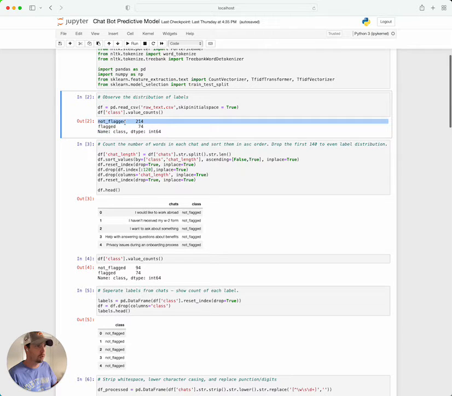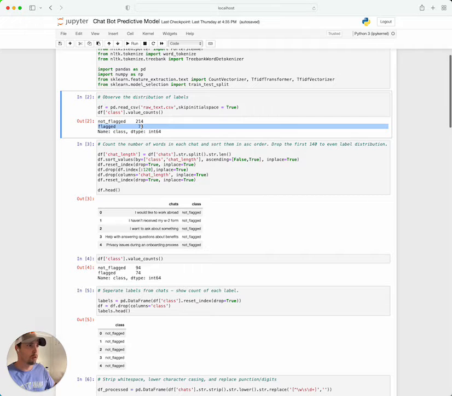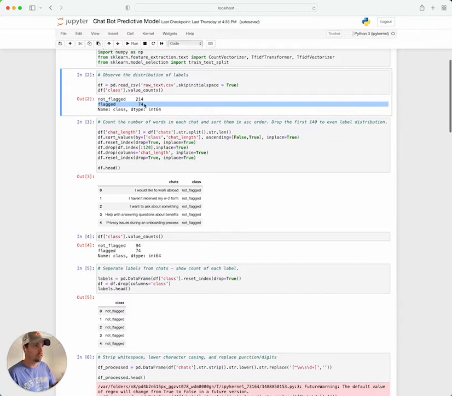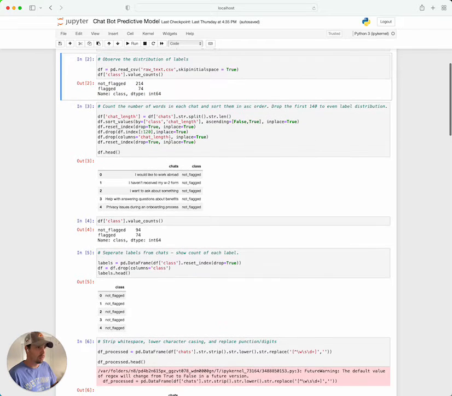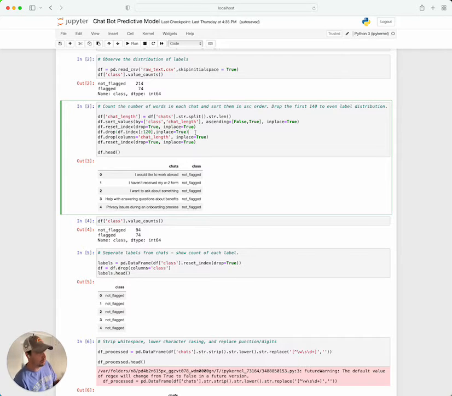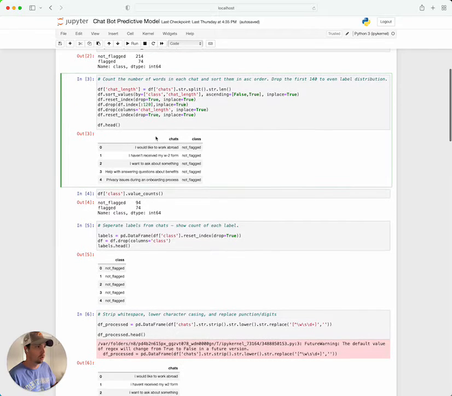So we have 214 that weren't flagged as sales qualified, and 74 chats that were flagged as sales qualified. The first thing that I wanted to do was to get this distribution a little bit more normalized, closer together. So I've got some language here. This is something that programmatically you'd probably want to create some type of feature for so that you can repeat it. But essentially, just to make it quick, I've gotten rid of 120 rows,